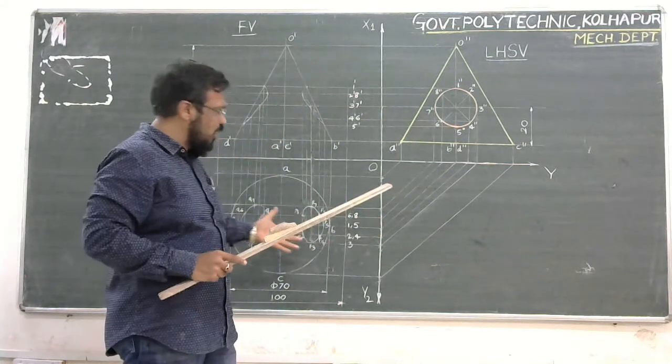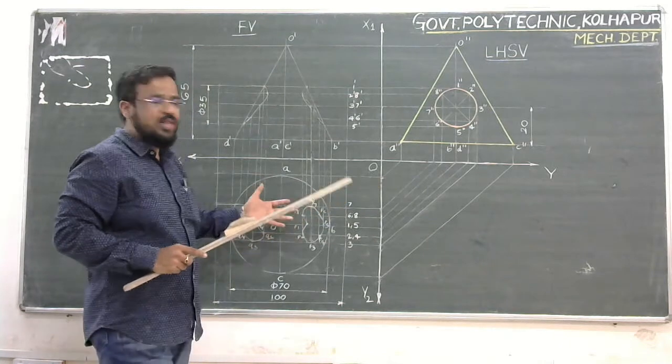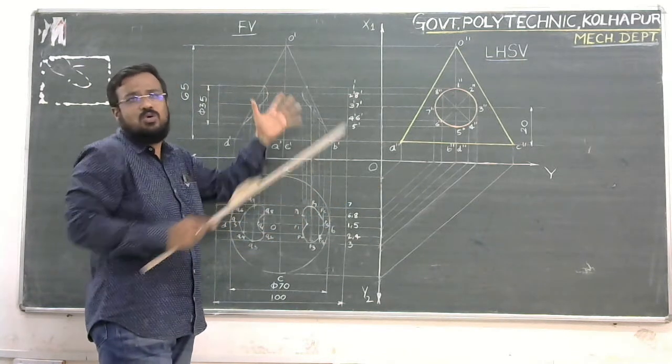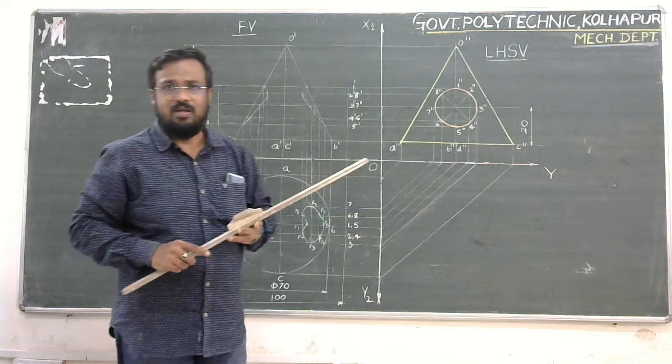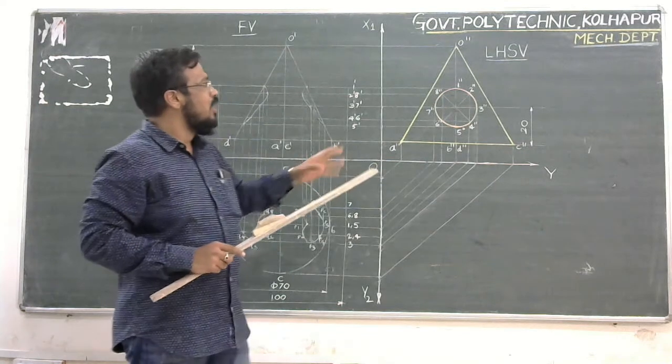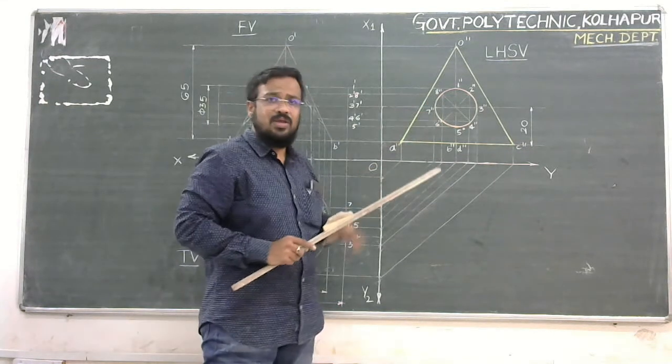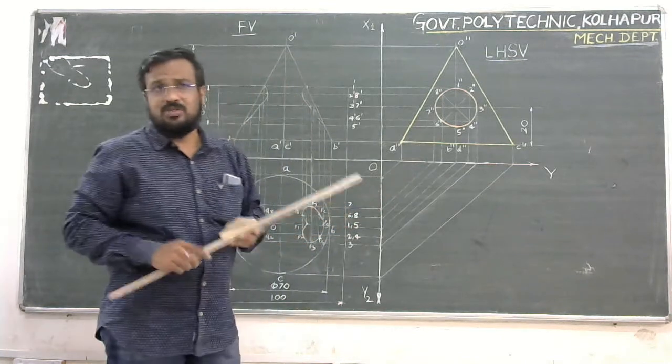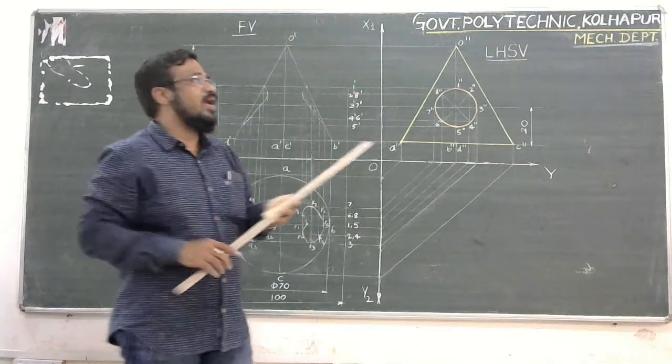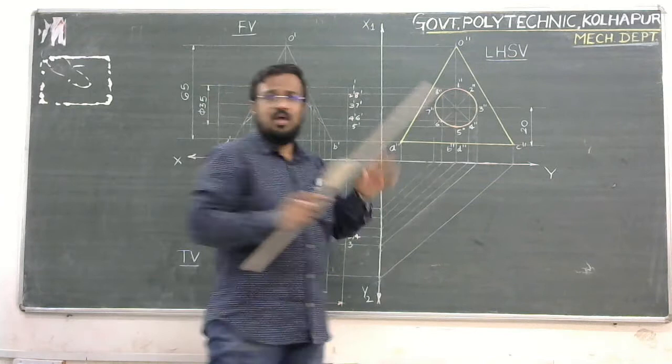A lot of lines will come into this top view, and those need to be projected into the front view. So the whole figure becomes complicated. For our convenience, we have divided it into 8 parts. Remember, we are dividing the cylindrical portion into an equal number of parts.